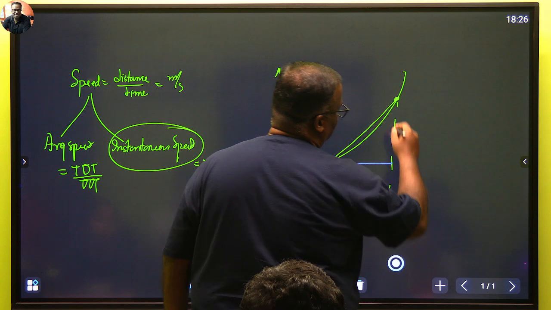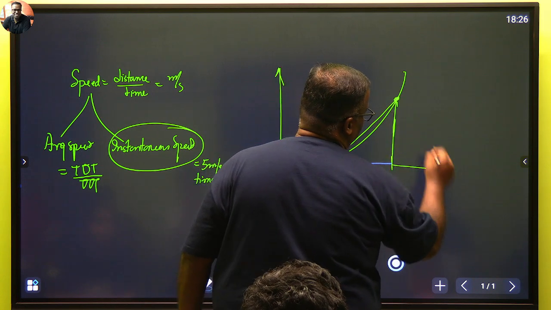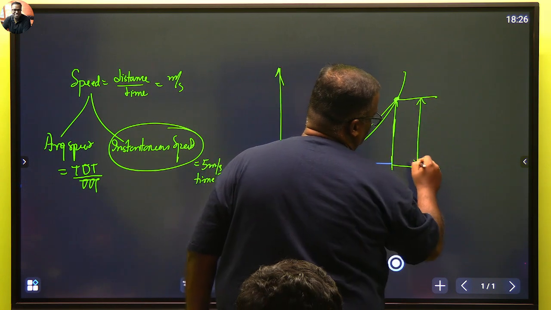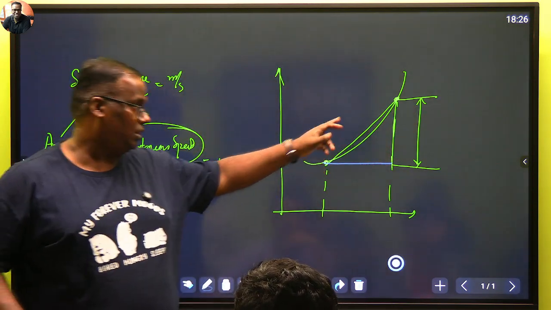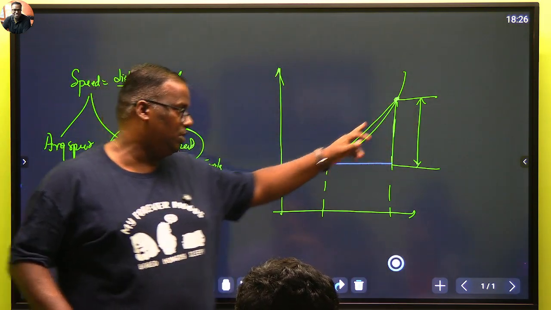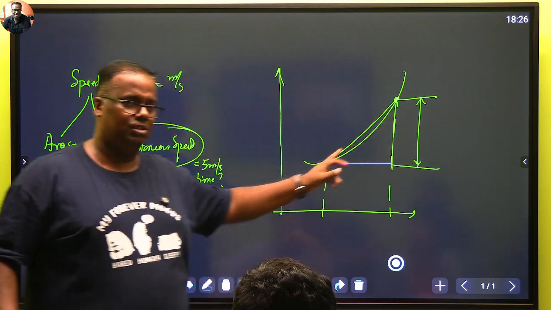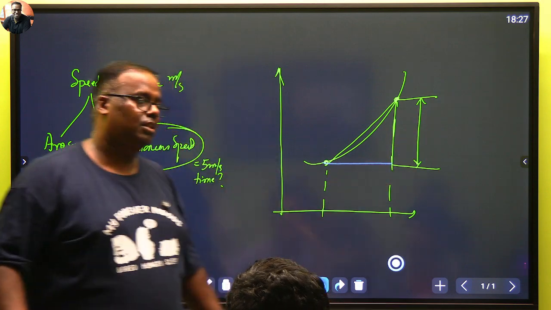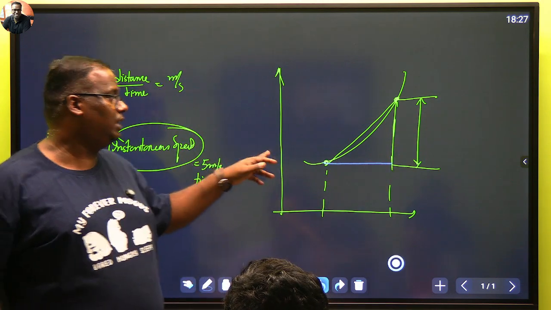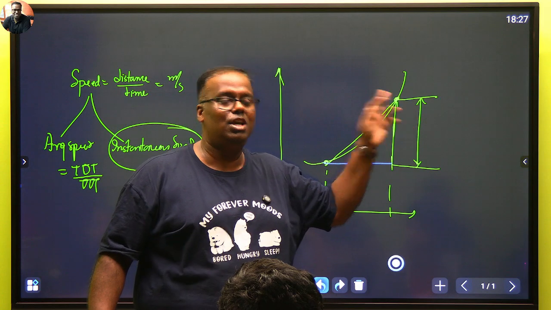So it again becomes displacement. As you can see, this point to this point, this is the displacement that you are worried about. But in that case, if acceleration is not constant, you can't use u plus